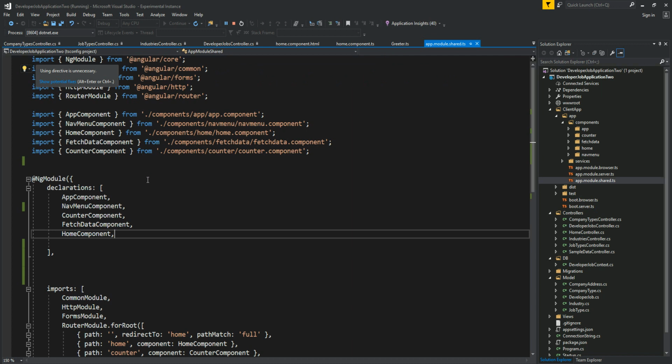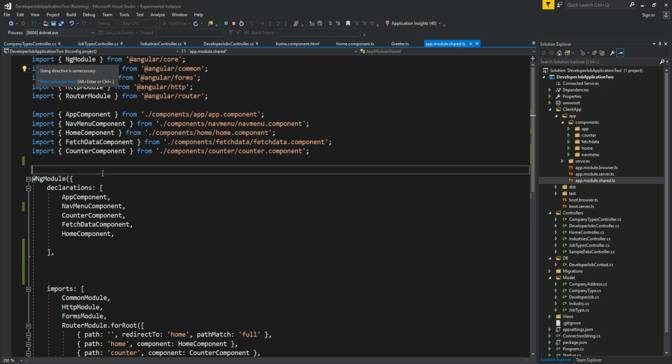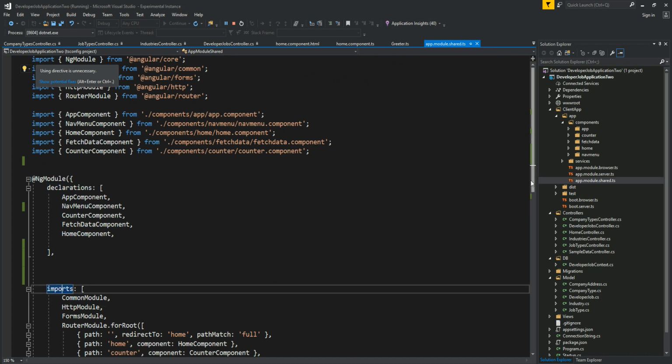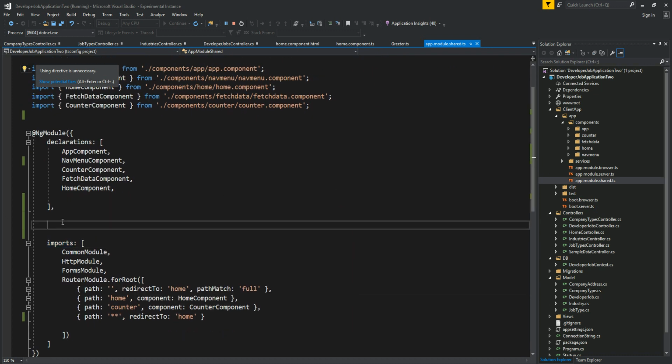This NgModule object contains a couple of very important properties: declarations, imports, and others, like something called providers. In this case, the providers is not listed, but if you need to expose